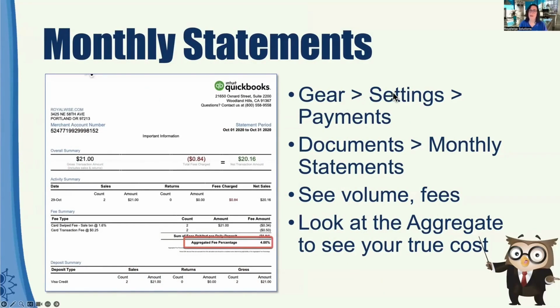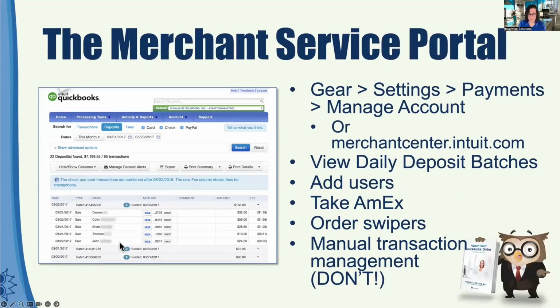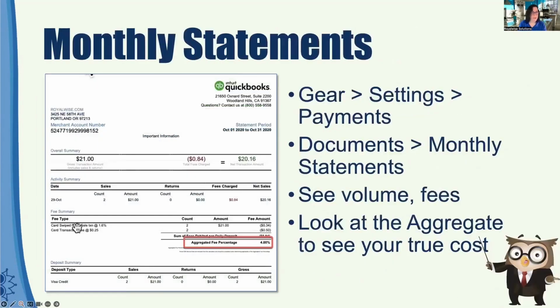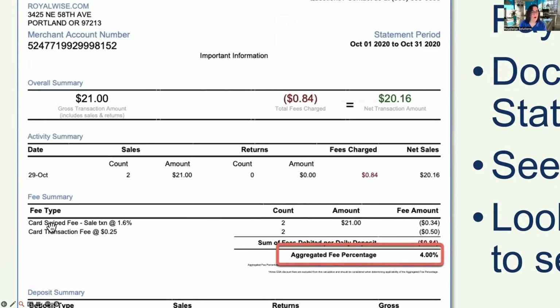And again, you get there by going to the gear, then to settings, and then to payments. In the payments section, you look in the documents in the monthly statements, and it will bring up a statement. The statement will show you all the different charges on an individual day. It will break up the different payment methods and the rates that it was processed at. And then you can even see down here at the bottom